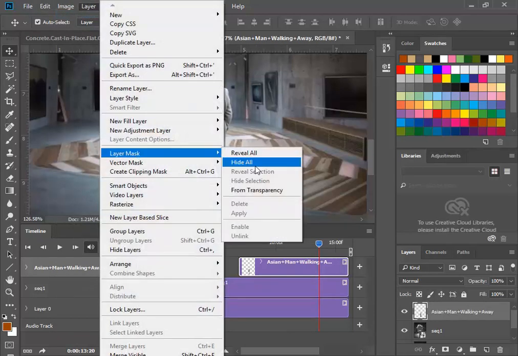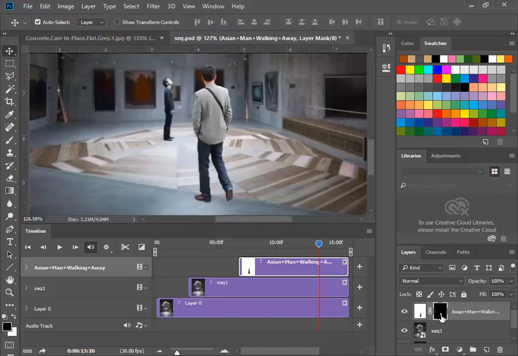Okay, so well, I'll show you the other one. So the other one is, because this layer's got a transparency, you can see most of it's a checkerboard. So if I choose from transparency, we're going to get a mask which is already cutting him out. So that can make it a bit clearer, if you haven't used masks before, what they can look like. So where it's black, it's hidden, and where it's white, it's revealed. Yep. So at the moment, wherever he is, he's been cut out, and the white part there is what we